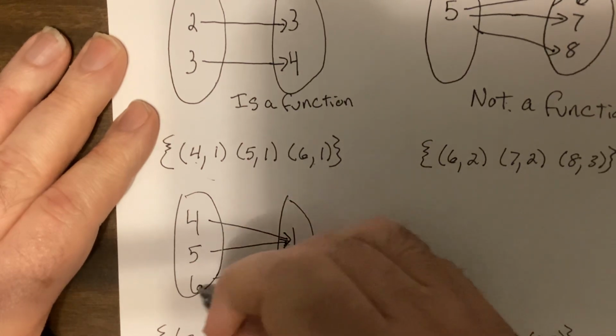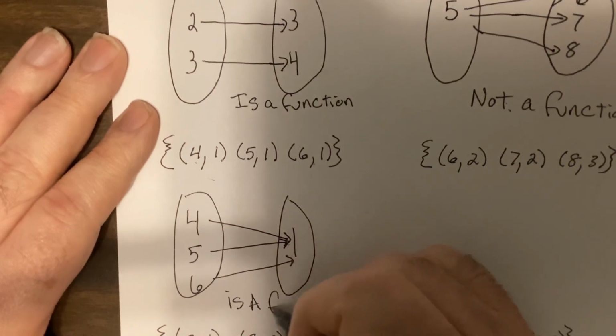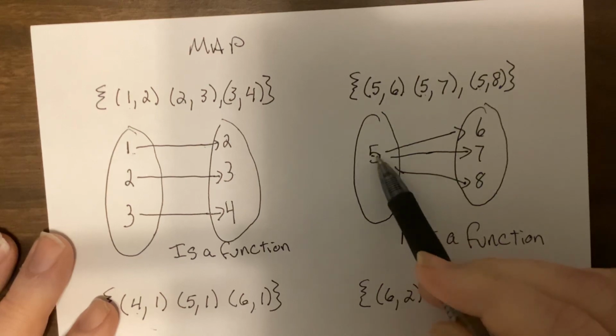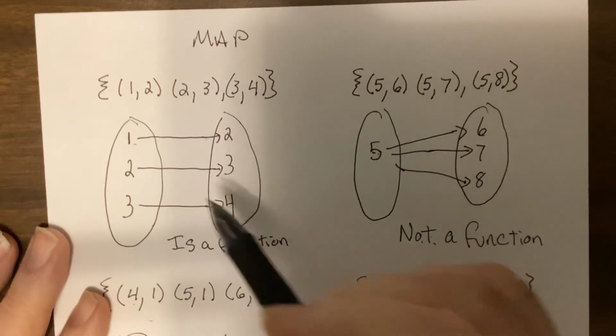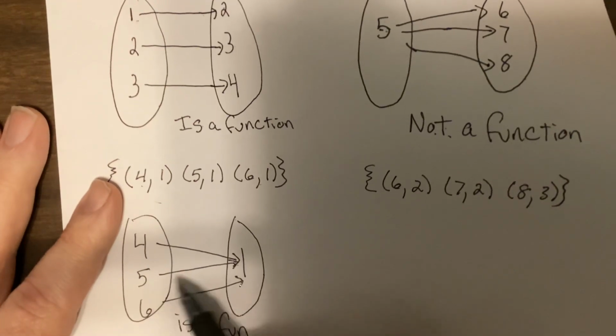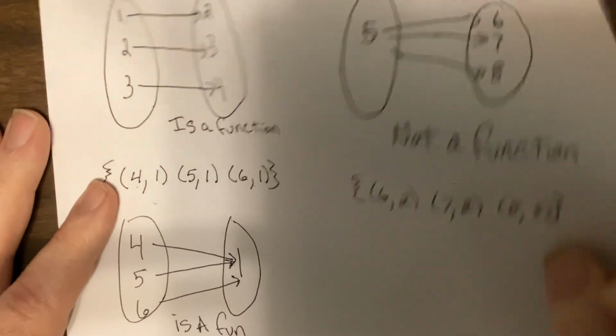Only one arrow coming from the 6, the x value. So this is a function. So more than one arrow coming from the same x, not a function. Only one arrow coming from the 4, coming from the 5, coming from the 6, the x values, then it